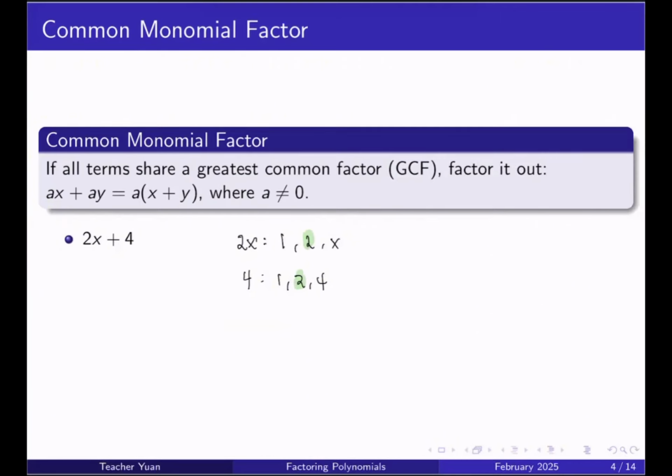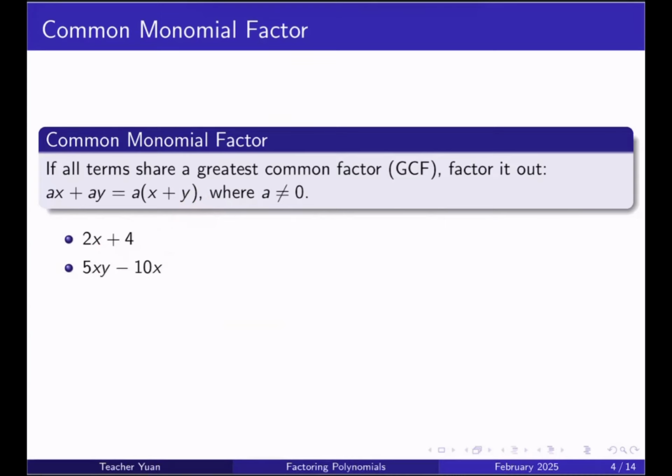So what does that mean? That the greatest common factor, or the GCF, is 2 for this polynomial. And so we are now ready to factor. So this is equal now to 2, which is their GCF. And then we divide each term by the GCF. So 2x divided by 2 is x. And then plus 4 divided by 2 is 2. And that is already our answer, 2 times x plus 2. And if you want to check our answer, you can do so by applying the distributive property of multiplication. So 2 times x is 2x, 2 times 2 is 4. So indeed, we are correct.